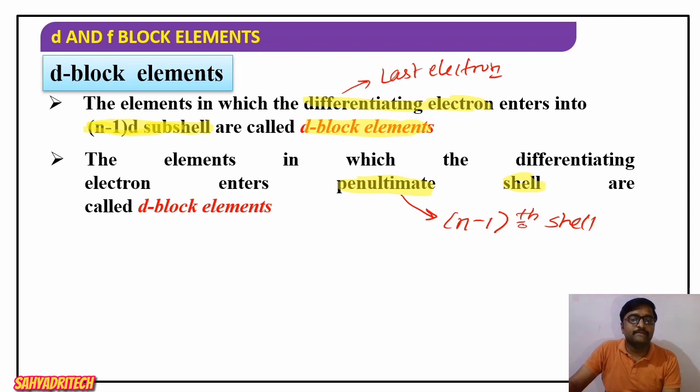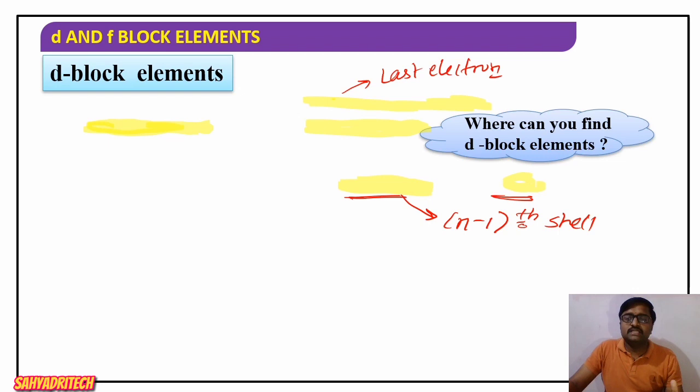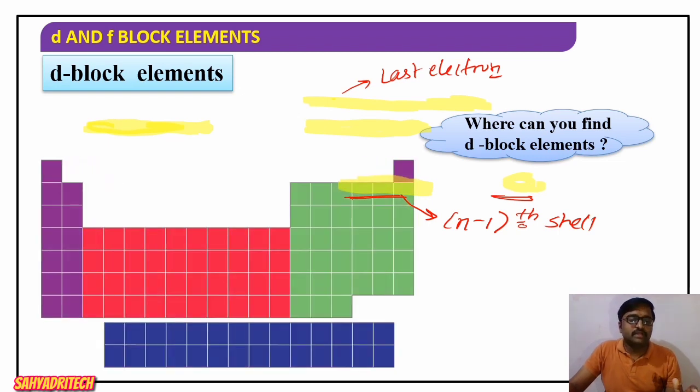Okay, so how can we define the D block? The elements in which the differentiating electron enters the penultimate shell, the D orbitals, are called D block elements. So it is one more definition. Then, where do we find these D block elements? When you think of the periodic table,